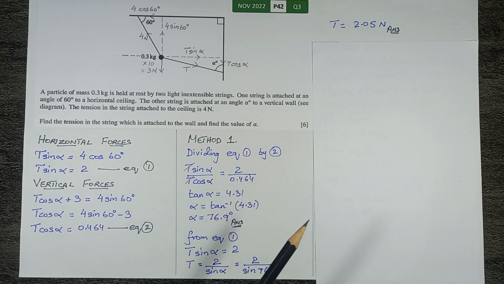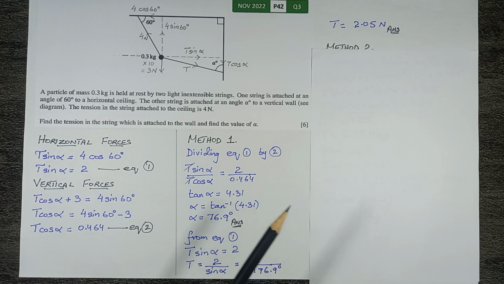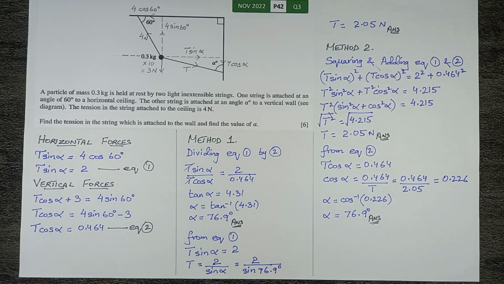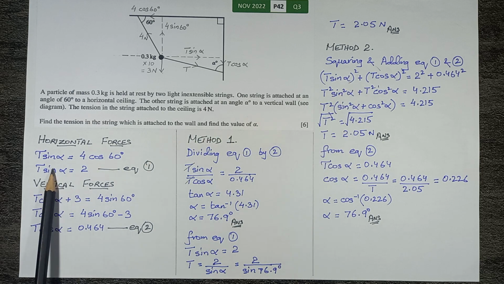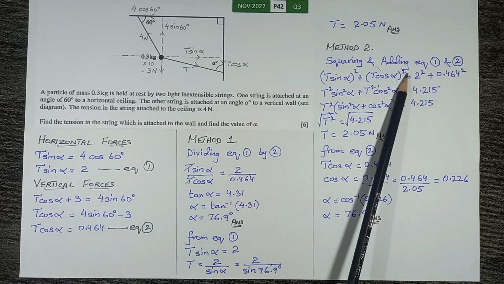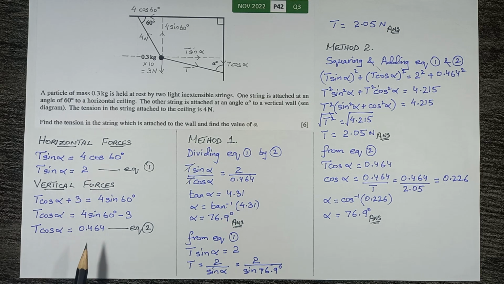We do have another method also, which is also very easy, that is squaring and adding equations 1 and 2. Equation 1 is T sine alpha equals 2. Equation 2 is T cos alpha equals 0.464. Square them and add them. So first of all, square them, T sine alpha squared and T cos alpha squared, and then add them. That means 2 squared plus